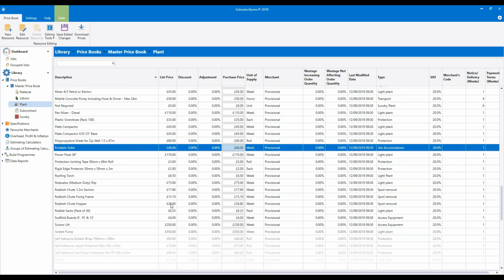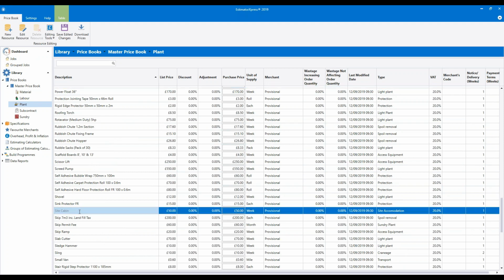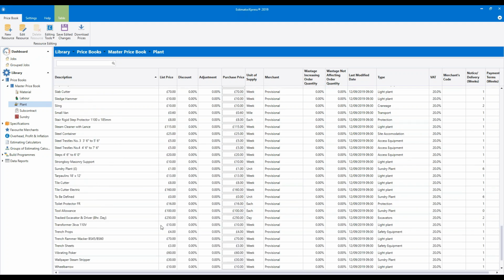And we've also got, I'm just going to scroll down the screen a little bit more, we've got site cabin. Again, that's a weekly cost, but if your job lasts 3 months or 6 months and it's out by £20 a week, those costs add up, don't they? So you want to make sure they're set up correctly.